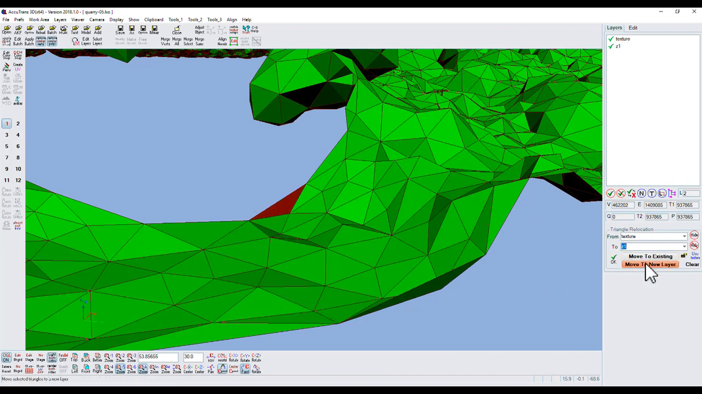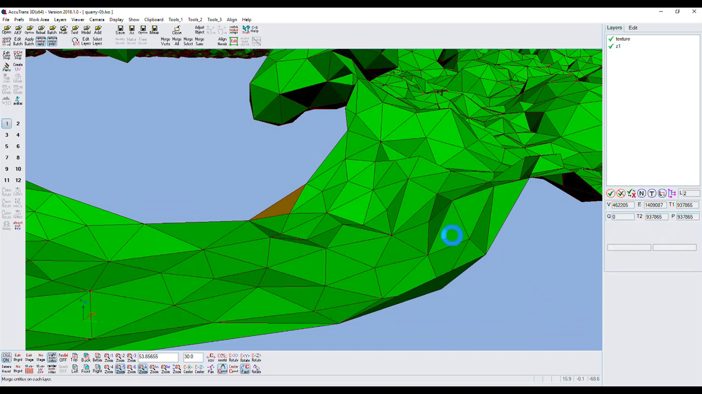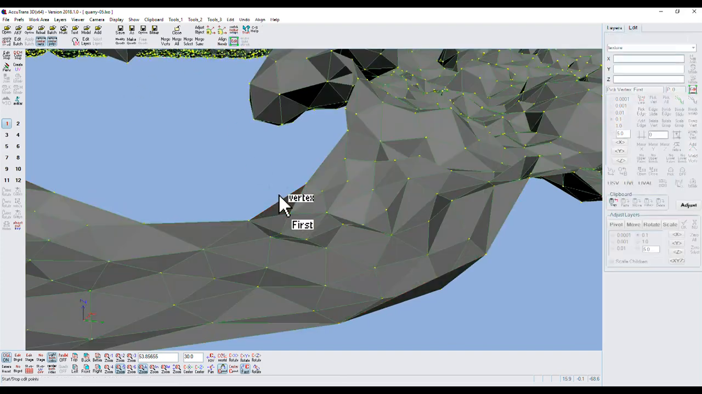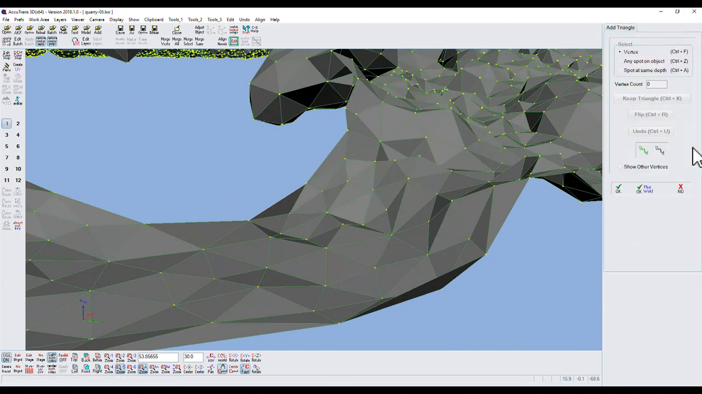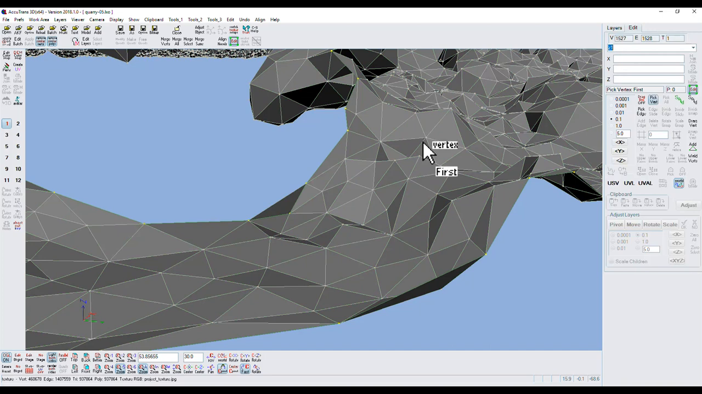this triangle and do a move to an existing layer, and it's now on the other layer. And so I'll say OK, and now we can still see our red line and so forth. They're all together. So I'll go back into edit mode here and click on add triangle, but before I do that, I have to go up here and make the layer we're working on the Z1 layer,